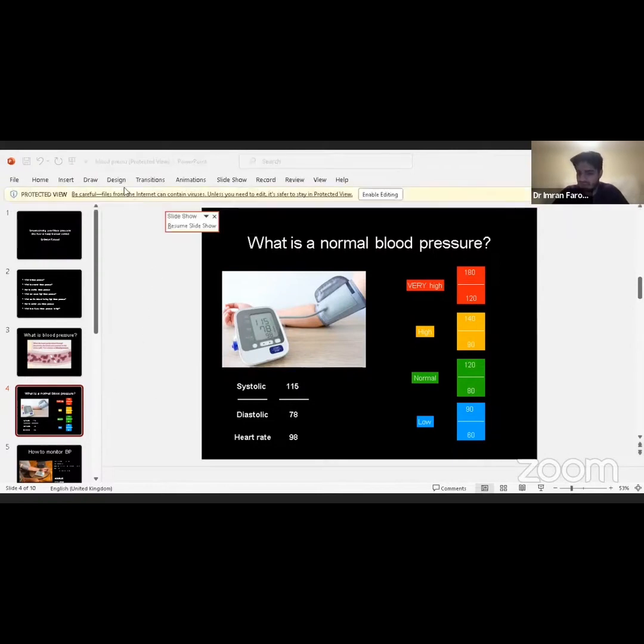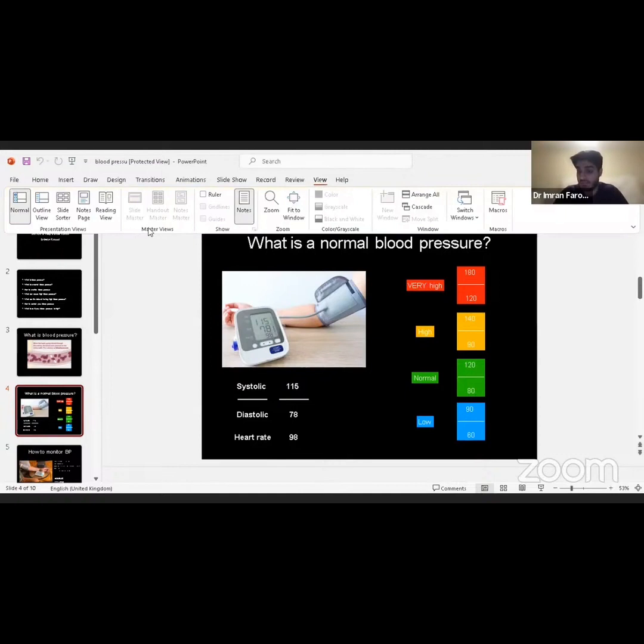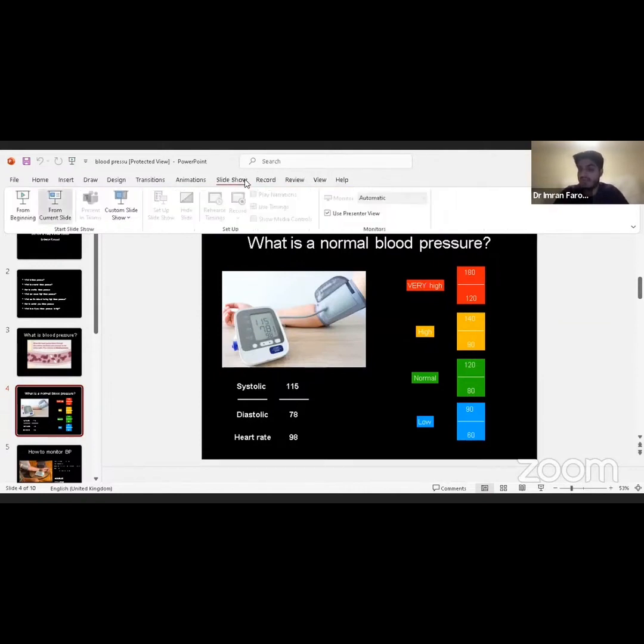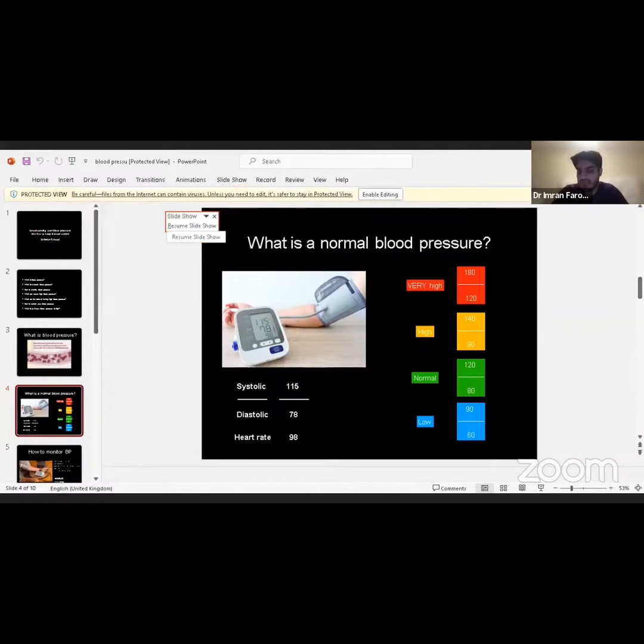If it gets too low, and that's quite rare, but usually if you're very dehydrated or you've had some form of blood loss, it can go quite low, and below 90 over 60 is what we call a low blood pressure. And unfortunately, when it gets to that stage, people might start to feel lightheaded or dizzy and start falling over. But that's quite rare.